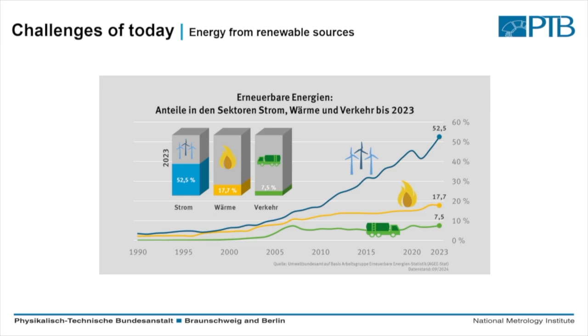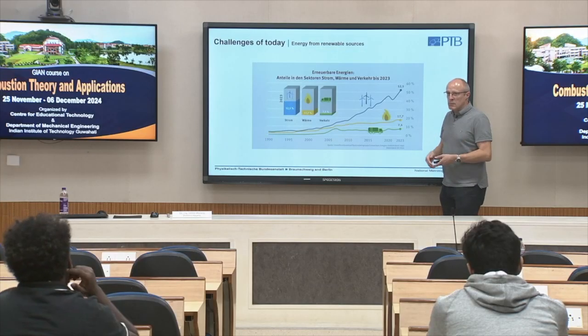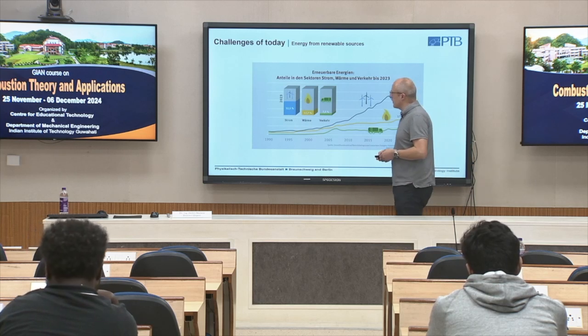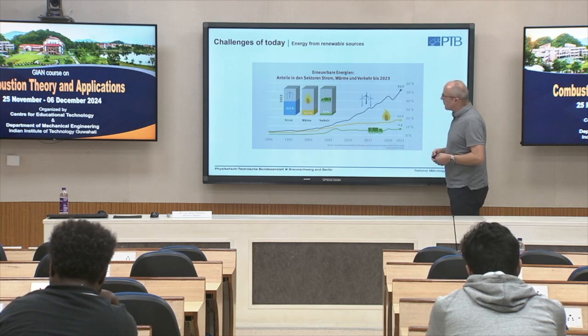We have around 7.5% for renewables used in mobility. So this of course is quite a big step away from fossil fuel, but of course there are two big problems: 7 to 100%, 20 to 100%, 50 to 100%, and the sector industry is missing here. So we still need much more energy, which cannot be produced in Germany alone.